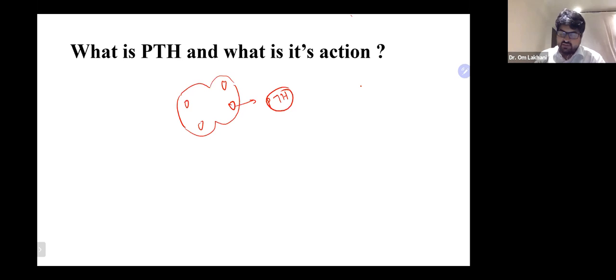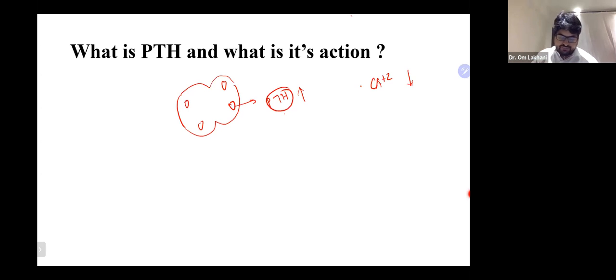So what happens is, when you have calcium in the body, it acts on the calcium sensing receptor, which inhibits the production of PTH. But on the other hand, if the calcium level goes down, there is less stimulation of the calcium sensing receptor and there is increased production of PTH. So as far as the calcium axis is concerned, lower calcium increases the PTH and higher calcium reduces the PTH. That is one thing.